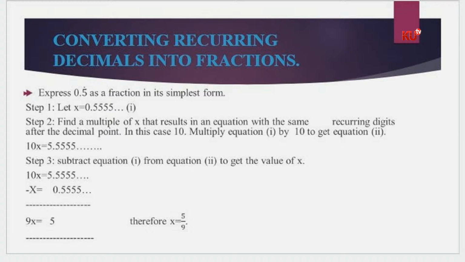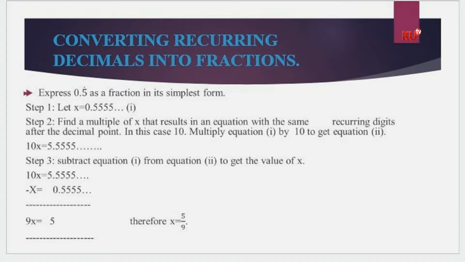Okay, converting recurring decimals into fractions. So we have 0.5, where 5 is recurring. This is the first example that we have here. So we want to convert 0.5 into a fraction. So the first step is step number 1. If you're told to convert 0.5 into a fraction, step number 1 is to write it in the long form,